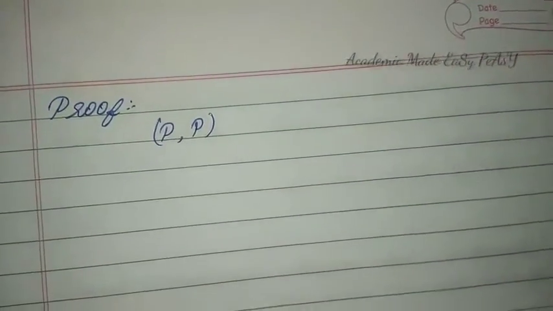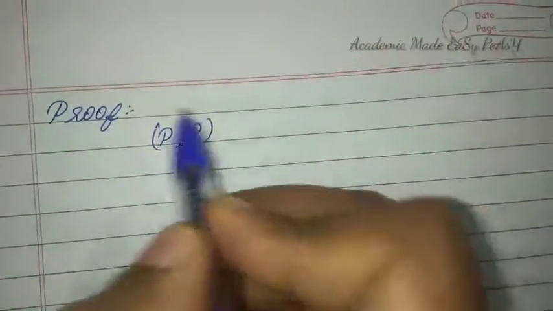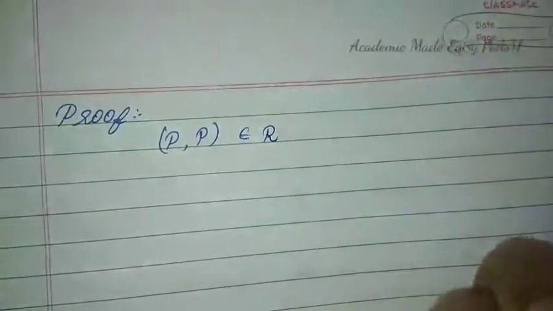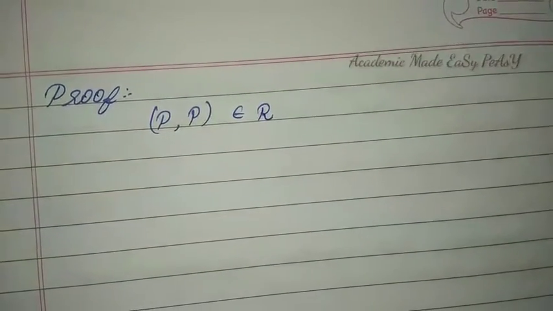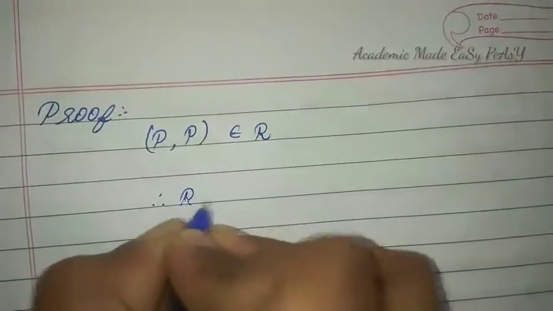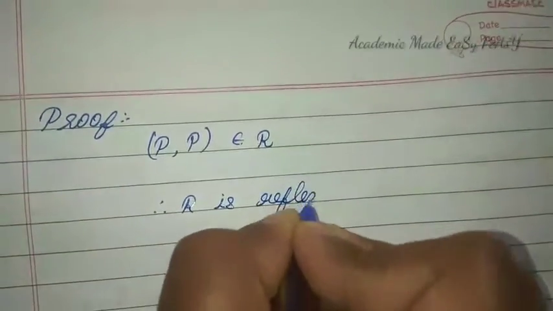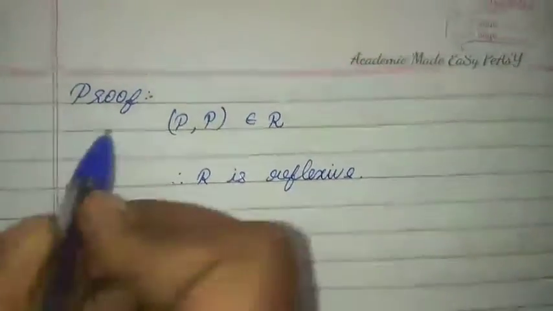On to the proof part. I am taking (P, P) itself, it is (A, A). Since the points P and Q are given, I am taking it as (P, P) itself. You can also write (A, A), but I am writing (P, P) here because it is a point. So (P, P) belongs to R because the distance of the point P from the origin is the same as the distance of the point P from the origin. So this belongs to R, therefore R is reflexive.